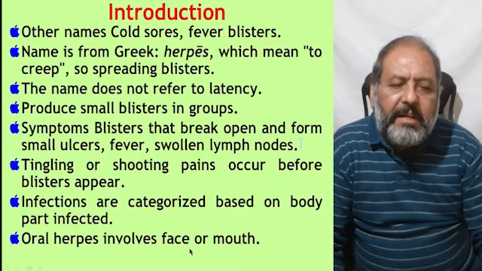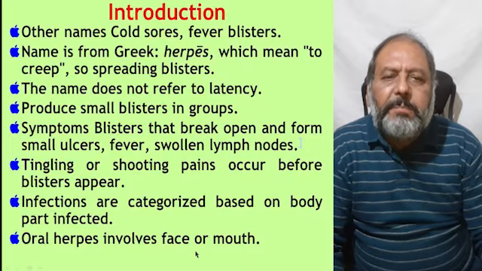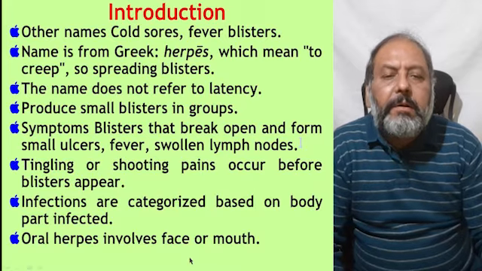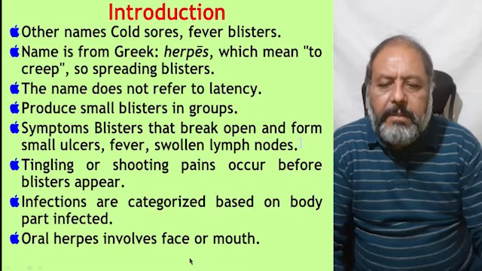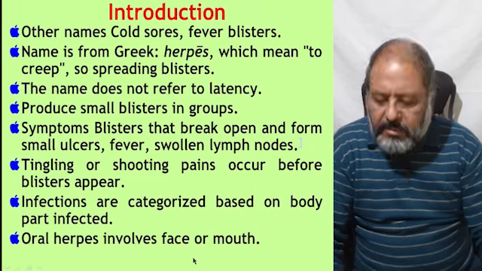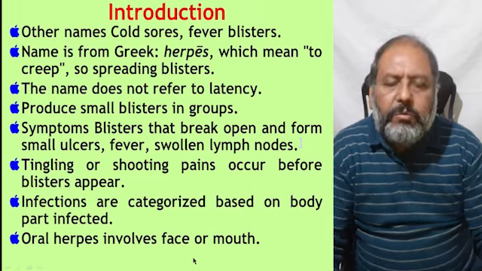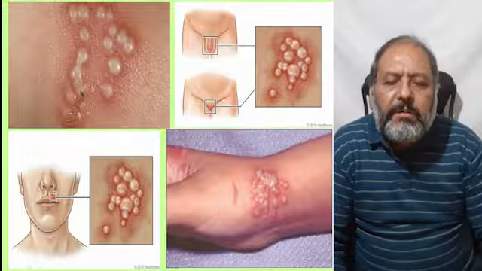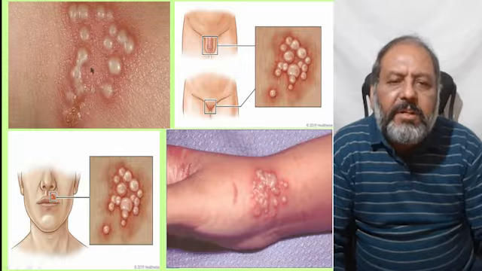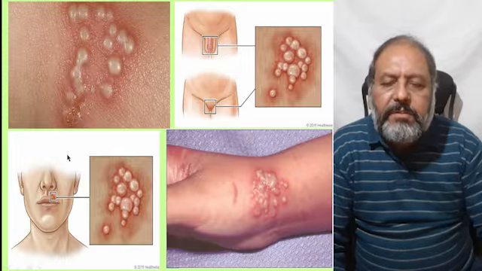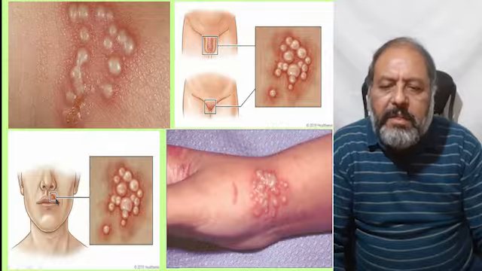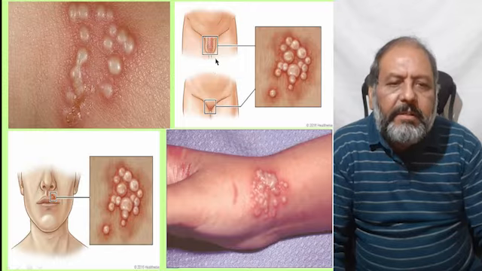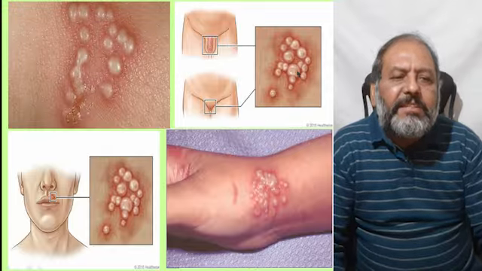Infections are categorized based on the body parts infected, and named according to the part of the body affected. Oral herpes involves the face or the mouth, which is most commonly seen. So here one can see the blisters of the herpes. It is mostly seen on the lips, so-called herpes labialis, as one can see, and it can be genital